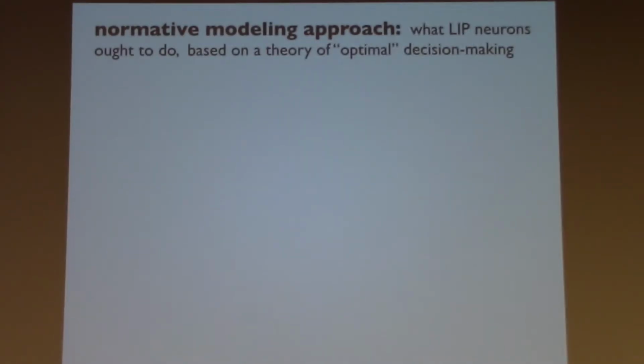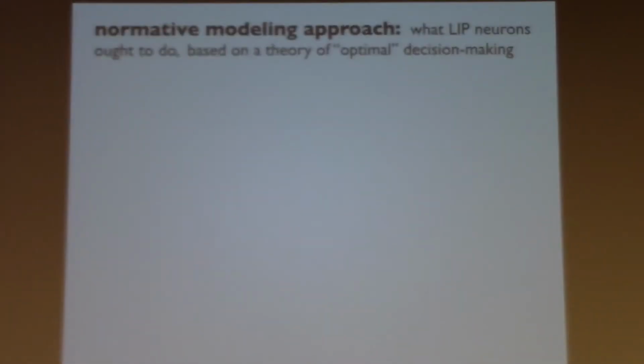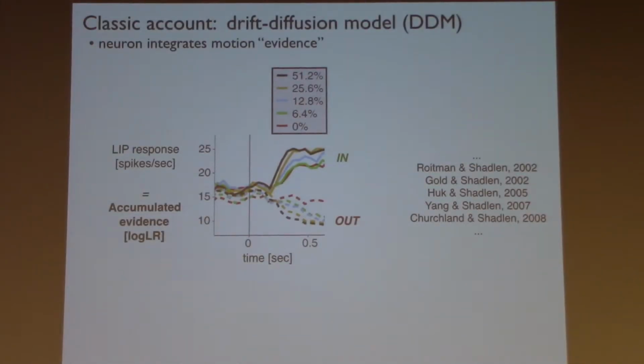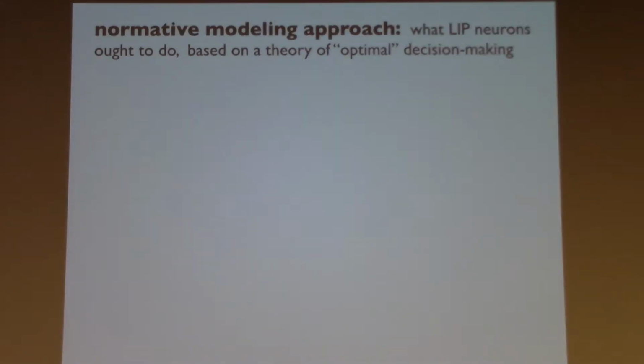And I want to make one more distinction between the kinds of approaches we're going to think about here. I would say one of the beautiful things about this entire line of work from Mike and Bill Newsome and Josh Gold and many others is that it relates a descriptive model of the data to a normative account of what these neurons ought to do. So there's some optimal theory of decision making that this is really the right quantity to compute, the accumulated evidence for a left or rightward decision, and then they're mapping that ideal model, and I should say that's also a model that's been shown to give a very good description of the behavioral data, onto